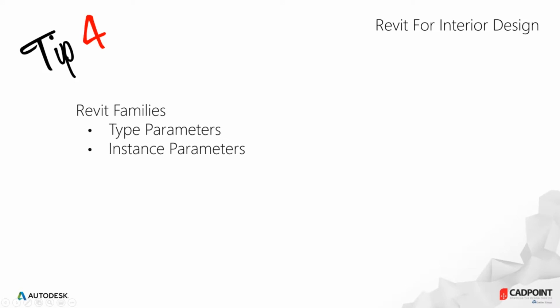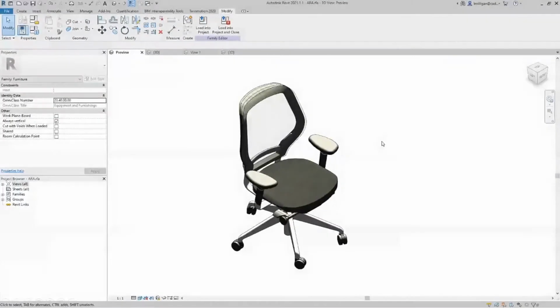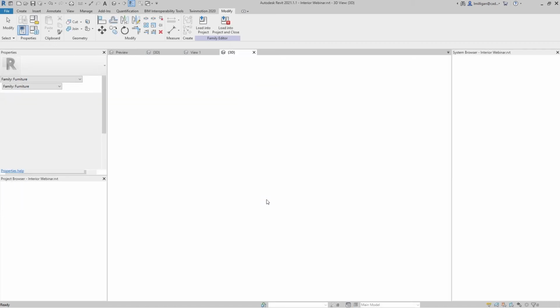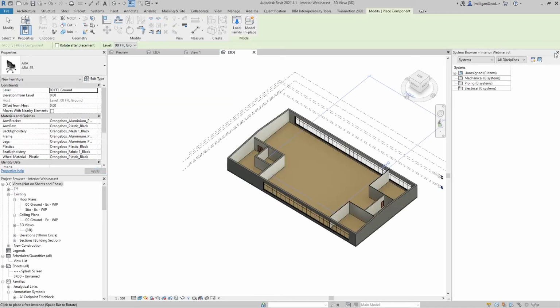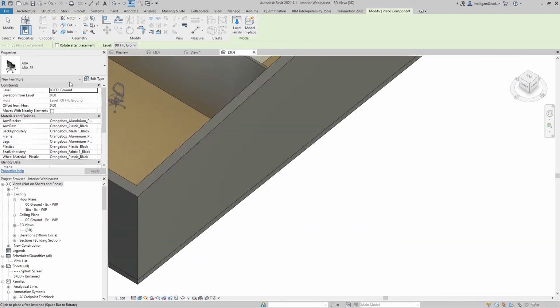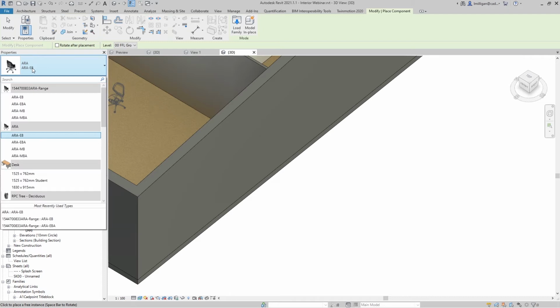So I'm just going to load that chair back into our project. I'm just going to place it out here in some open space so we can see it nice and clearly. Hopefully you can see it clearly. I'm just placing this, the one without arms first of all, and then two more with arms. Okay, so these two